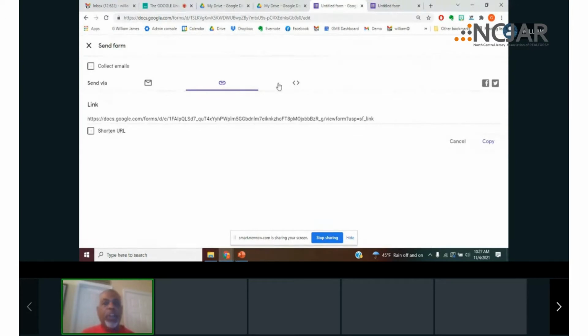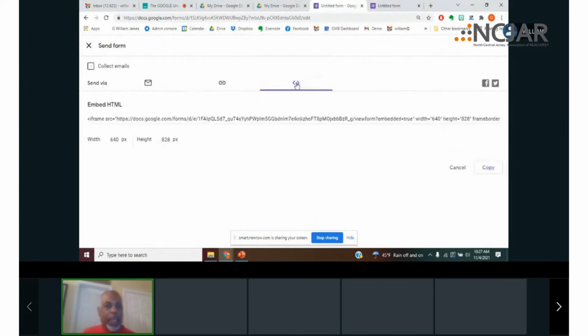If you wanted to put it on your website, here is the HTML embed code. So many of you may not know how to actually create new information on your website. You would simply copy this code and send it to the person who does your website, and they will be able to do that. You can also automatically share the form with Facebook or with Twitter just by clicking onto